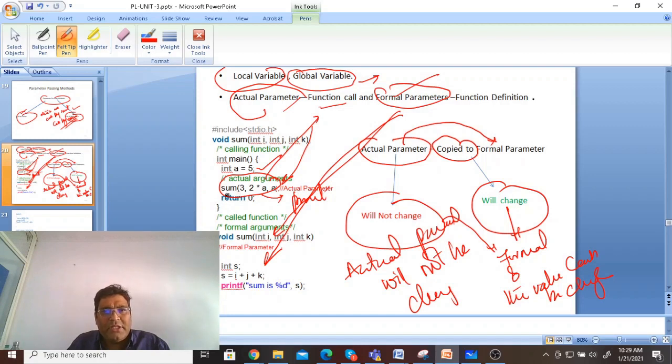Print sum is equal to, we'll take it as int i. I'll put s, s is equal to, probably I'll put it print a. Let's move on to this one. I won't define it. I'll print the value, or I'll go back to here. I'll just copy this one. Just one second.